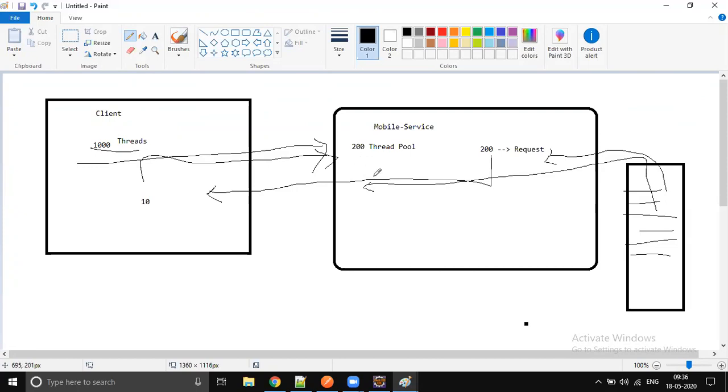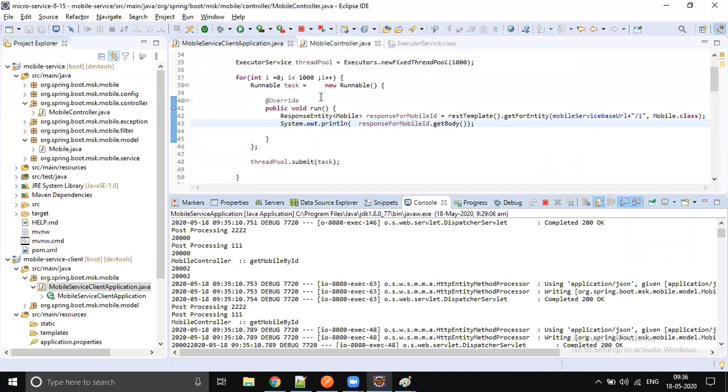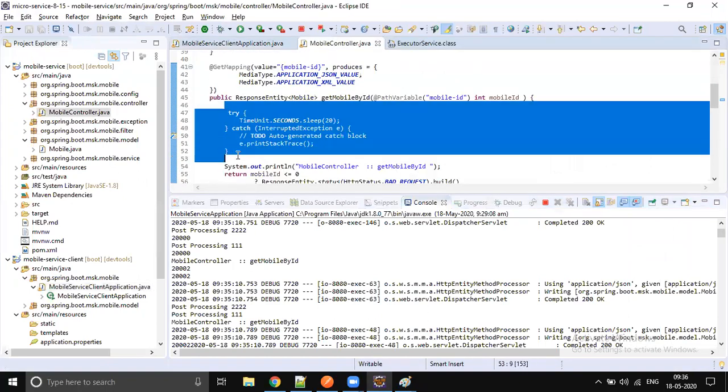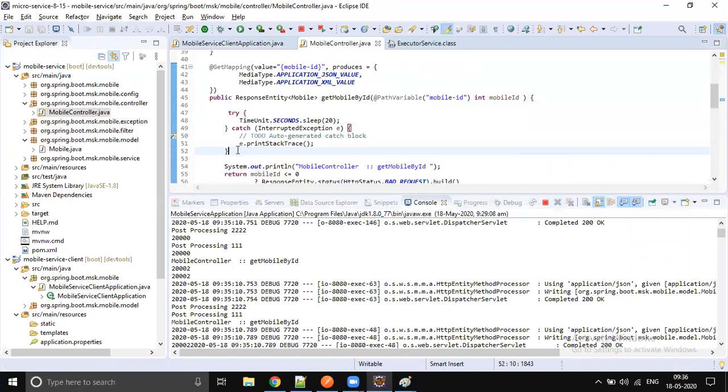If it is reactive, on the client side we are making the thread sleep, but the server will not make the thread sleep. Instead of sleeping, it will go and process the next request.